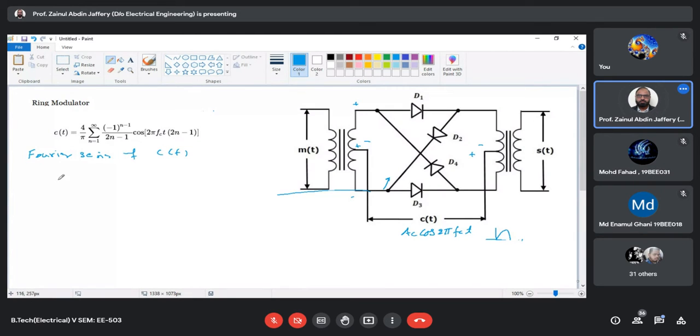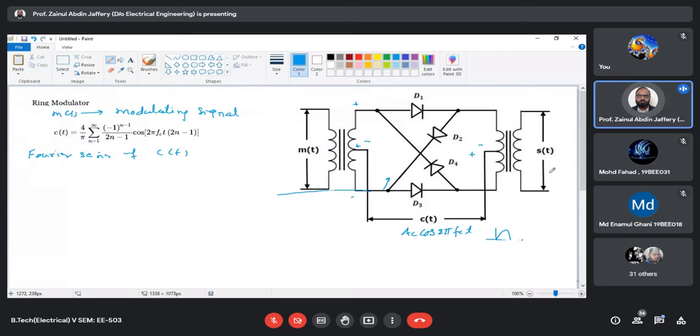And then your this is a modulating signal, of course you know that MT is the modulating signal. Okay, so this output